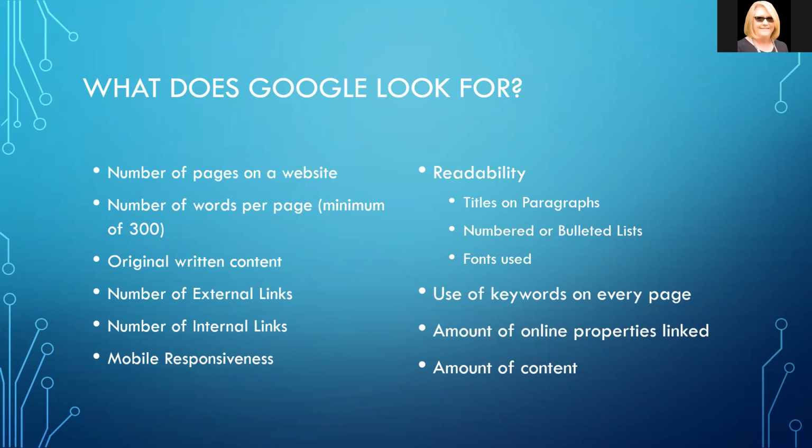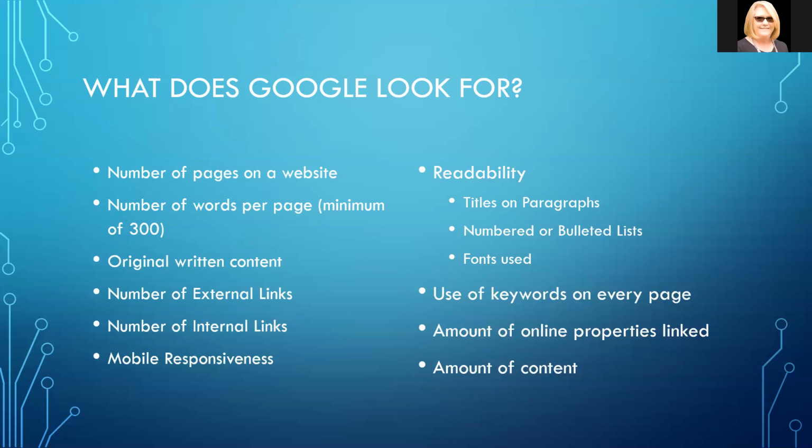And this is once we've tied in the Google Search Console and your Google Search Console is actually linked, then they send in their little spiders and start crawling your website, and they look for the number of pages, the number of words per page, they look and see, is it original content, is it not